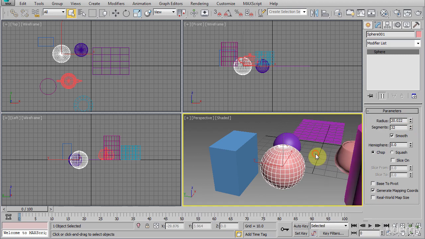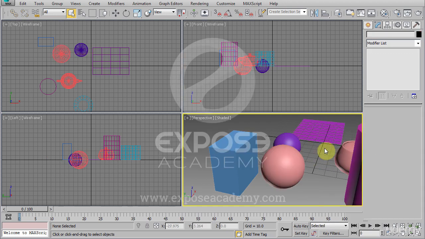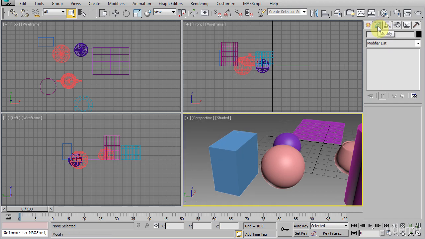We can change this again by click and drag on the spinner to change, for example, the radius of the sphere. If we are doing modeling or lighting, most of our time, perhaps 90% of it, is actually spent in Modify panel because creating an object is quite fast, but tweaking and modifying objects takes longer to finish. And this is where we actually do most of the work.